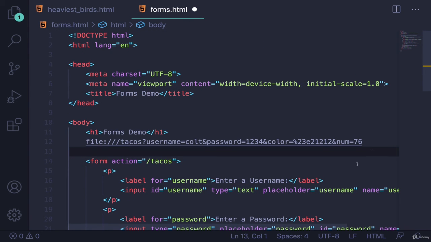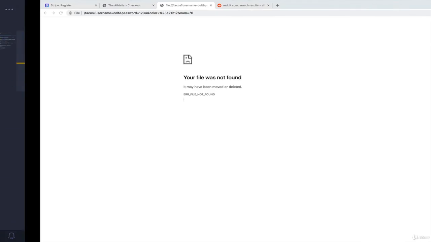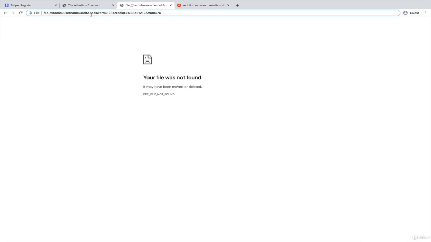And the last thing I'll mention is, yes, right now our data is showing up in the URL, which could be problematic, right? We don't want our password to be in the URL. But that's because we're sending what's known as a GET request, and later on we'll see that there's different types of HTTP requests, including a POST request, where that data will not be in the URL, and it will be sent, not necessarily in a secret way, but in a less visually obvious way, which is a much better approach. So for now, we're not dealing with that, and this just allows us to see all of our data is sent using that name. Okay,